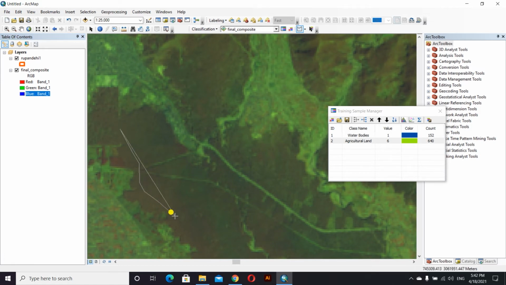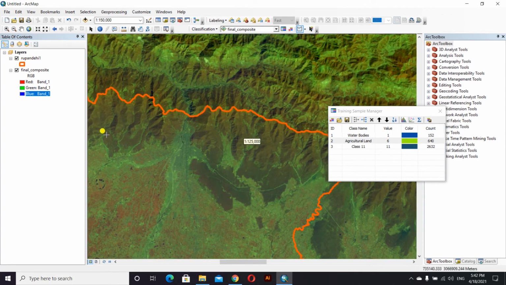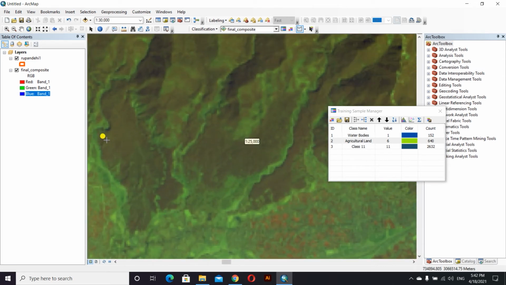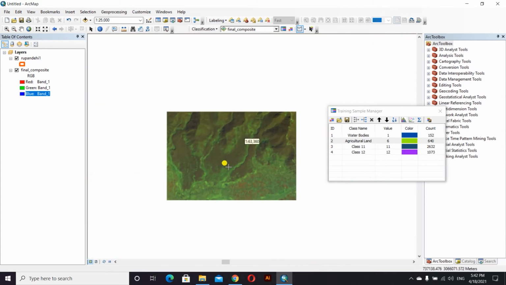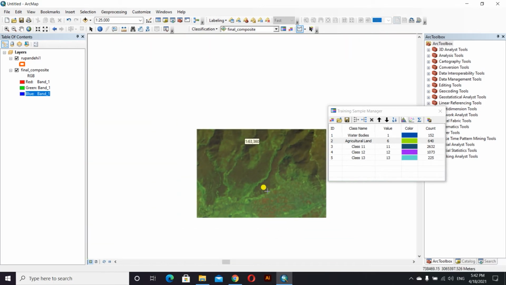This all is forest area. Then let's go here, this is also forest area. This is the second sample, and this is also forest area. This is the third sample.